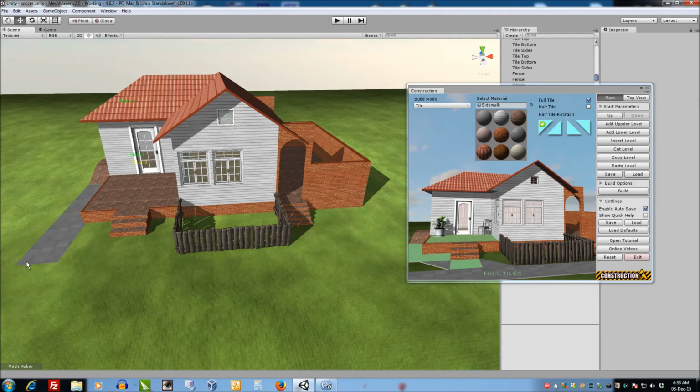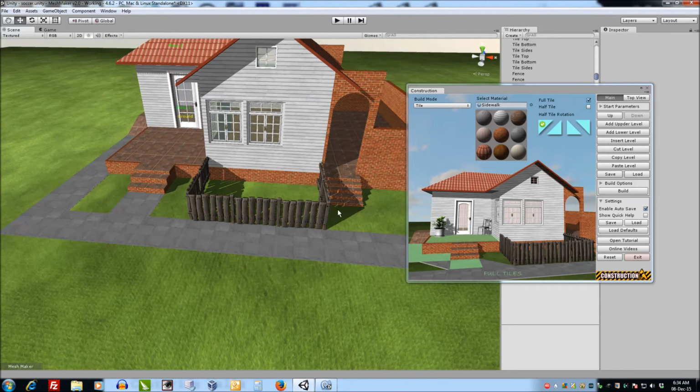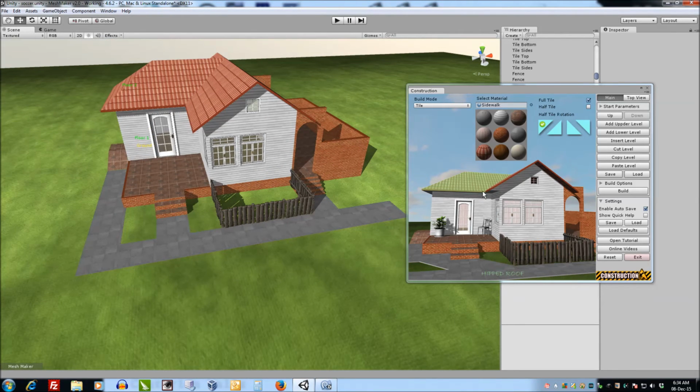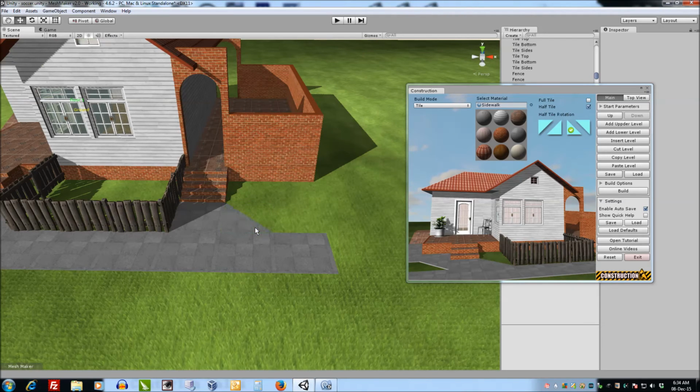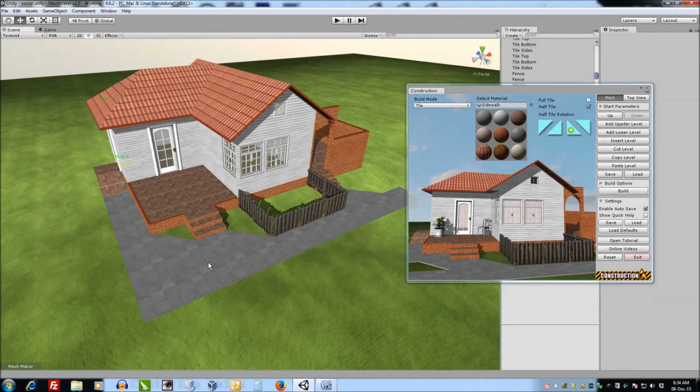Back to the tiles. And you've also got these half tiles, so I'll just switch to those and place one of those there. I might do something like, back to the half tile, something like that. So we've pretty much finished the building now,